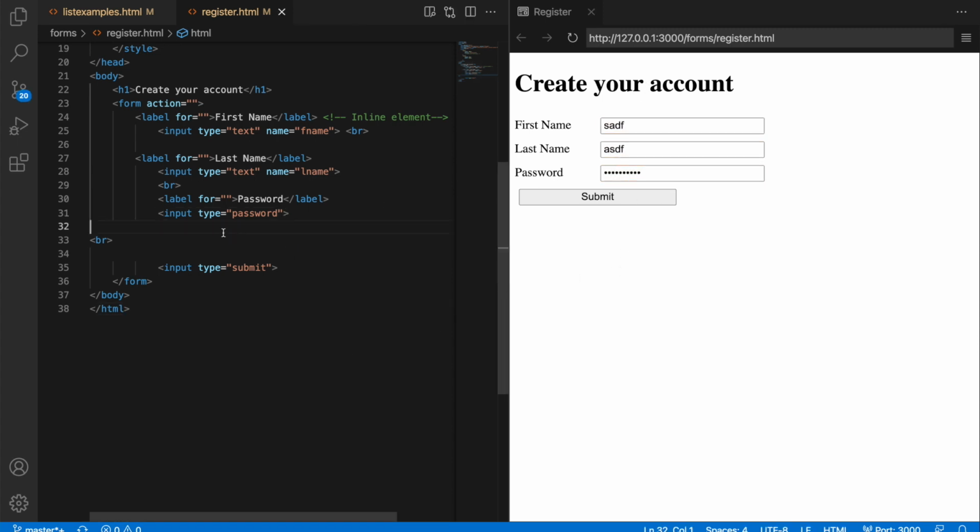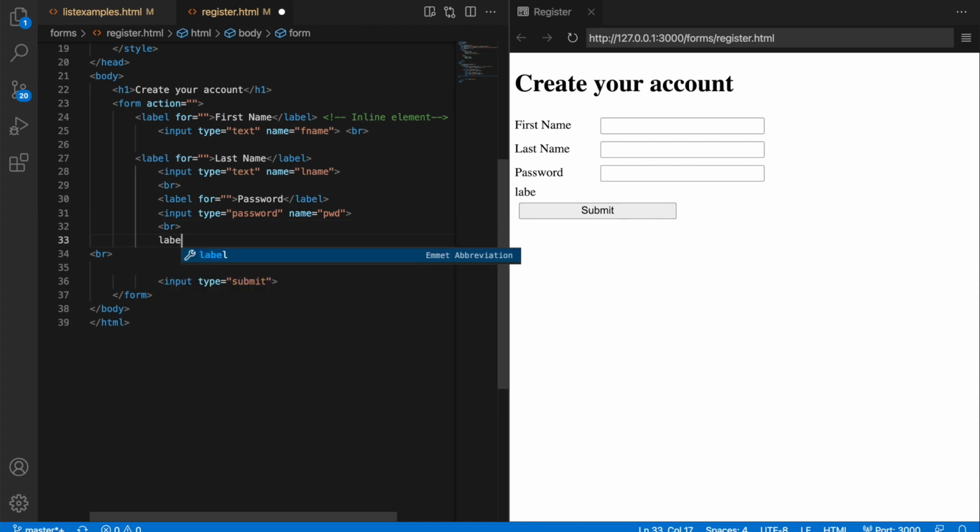Right. So this is very important. When you are using a password field, you always need to represent the type as password, then name equal to pwd. I'll use one more break element. Label, confirm password,